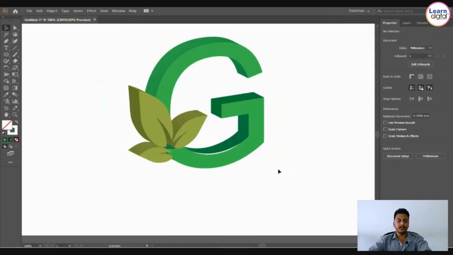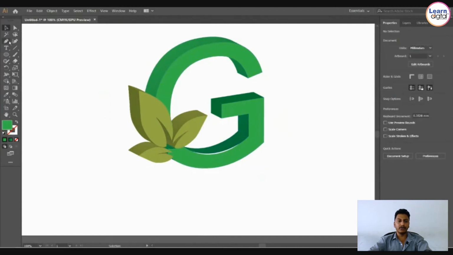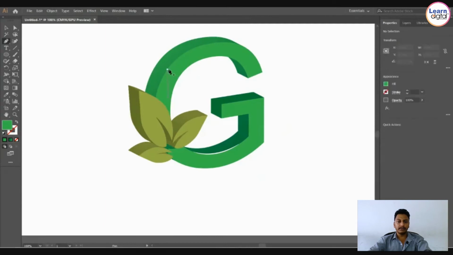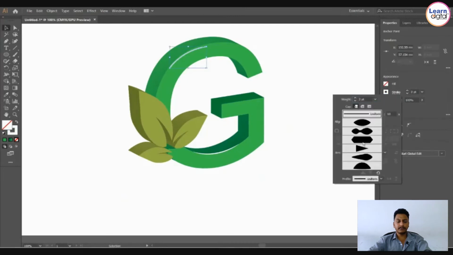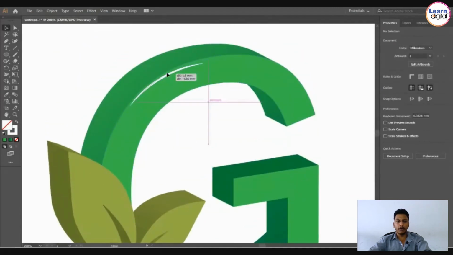You just need to focus where you want to apply. Stroke, change the profile, zoom in and place it exactly on the corner. You need to place it exactly on the edges, only then it looks more natural. You need to do small alignments and small adjustments for your shinings. Now you can see a glossy look on the surface of your logo.